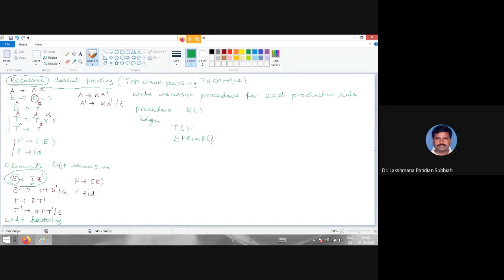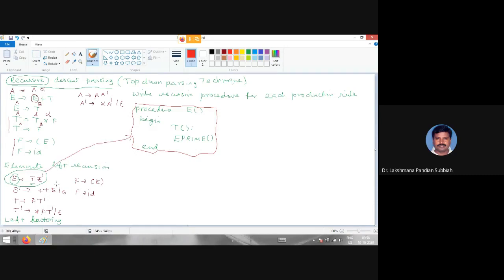Now this is for begin and then you put end. So this is the procedure for the first production rule. You just have to write: if it is a non-terminal, we call that non-terminal's procedure, right? So this is for the first case.